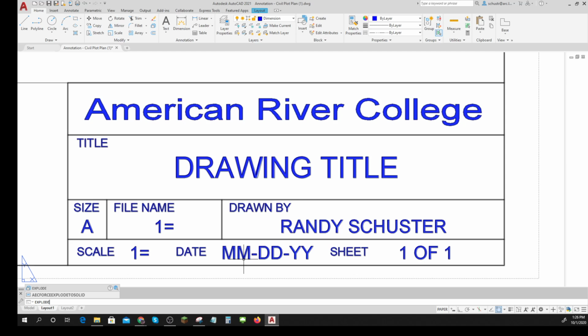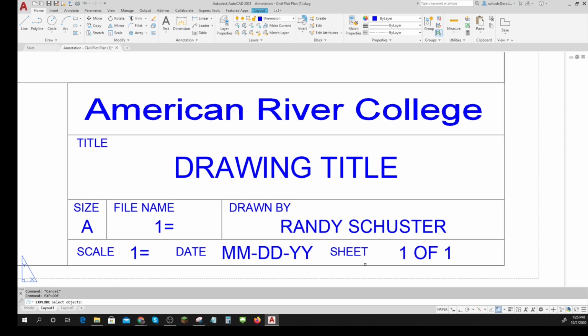E-X-P-L-O-D-E. Explode. Enter the title block. Now, there are ways, by the way, that you're going to learn in Design 302 about how to do it so you don't have to do this whole explode thing and all that kind of stuff. But we're going to do it this way. We just explode it. Now this can be edited. And remember, to edit a piece of text, I can double click,